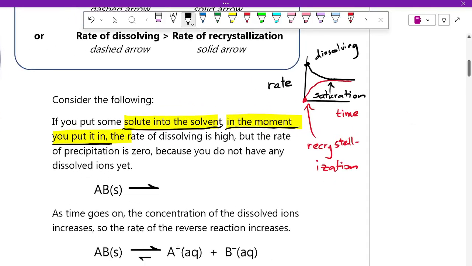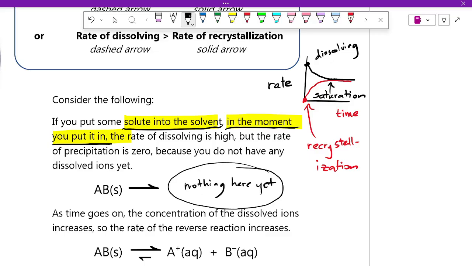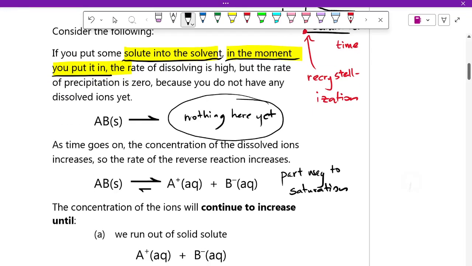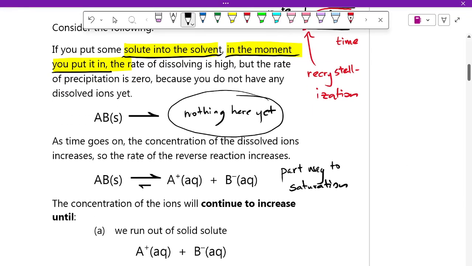So at the start, you have a very high rate of the forward reaction and none of the reverse reaction because there's nothing here yet. And this is part way to saturation. And the concentration of ions will continue to increase until you run out of solid solute,